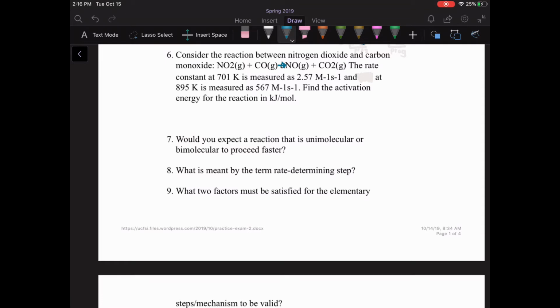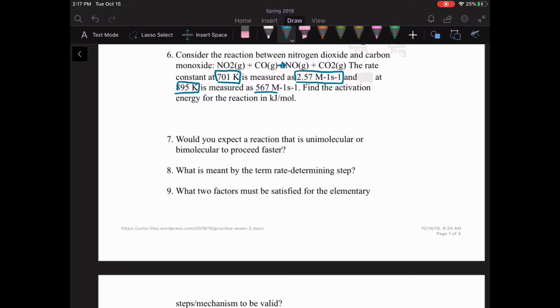The rate constant at 701 degrees Kelvin is measured at 2.57, I guess 1 over meters per second, essentially. And at 895 degrees Kelvin is measured at 567 meters. So find the activation energy for the reaction in kilojoules per mole. So given that it's given a rate constant and it's giving me 2 comparative values, I'm going to want to